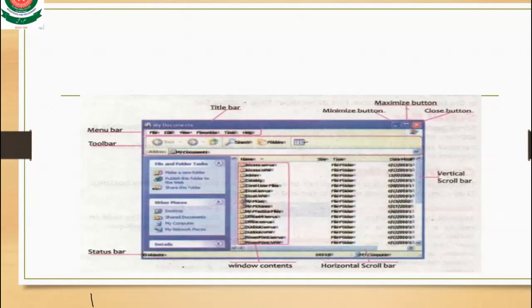On the left side there is a title bar. There is a menu bar which contains File, Edit, View, Tools, Help. These are all options included in the menu bar. Then there is a toolbar under the menu bar, which includes the options Back, Forward, Folders, Search. These are all options included in a toolbar.